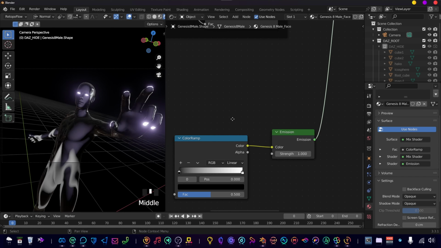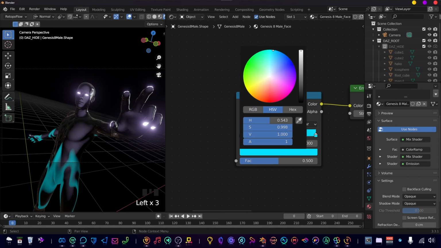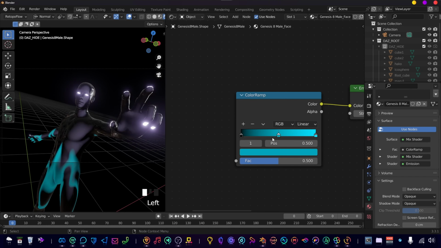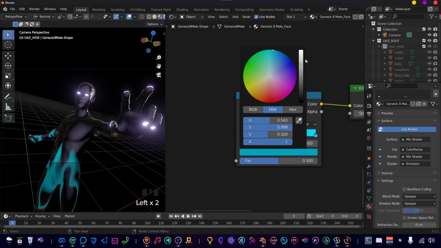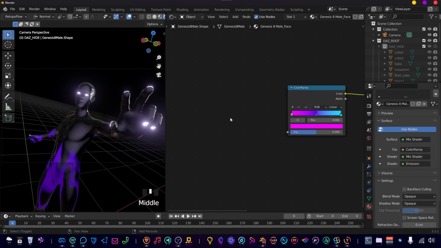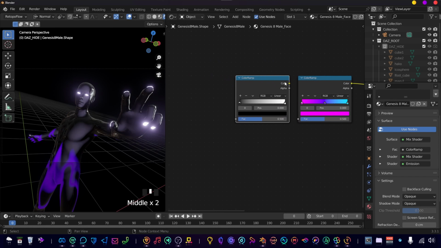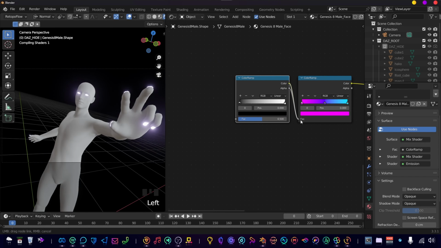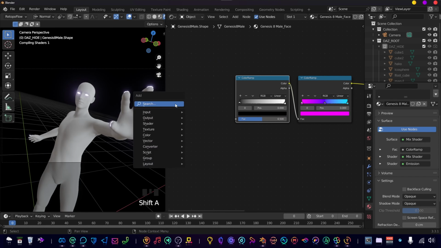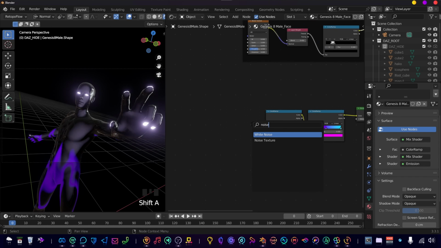Able to see what we're doing here. So let's change these colors into a cyan blue. Just choose your own colors, mess around with it. Right, we're going to control this even more with a color ramp. Color into the factor and a noise texture. And the noise texture,